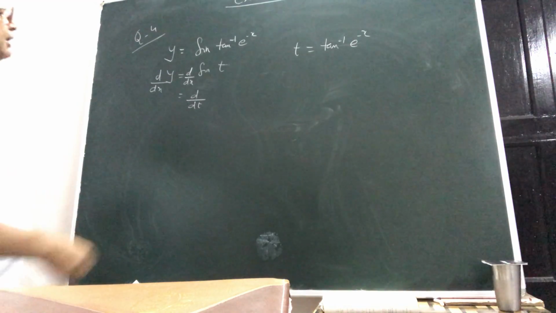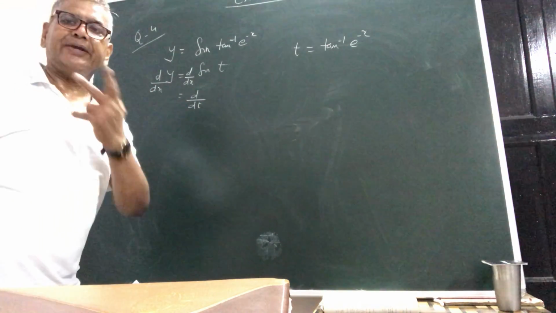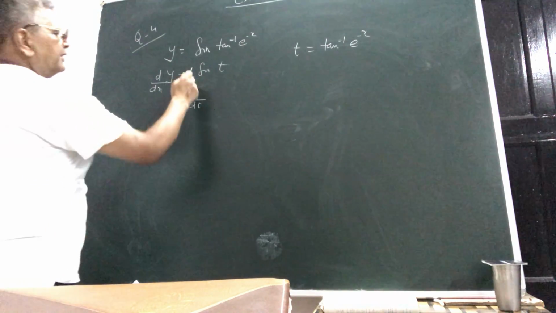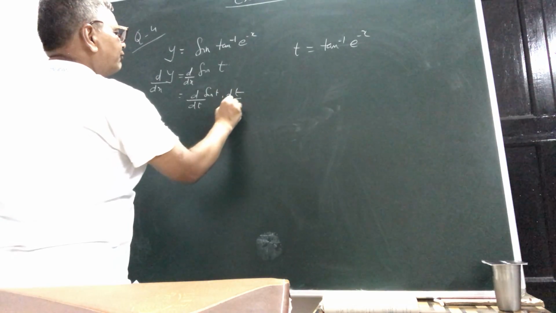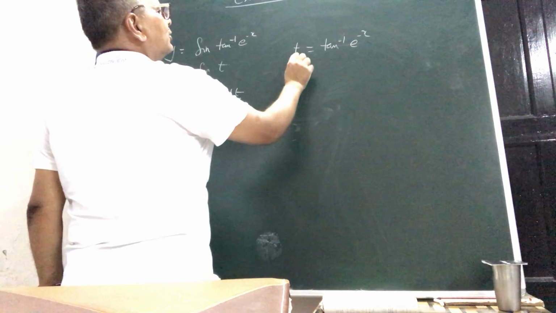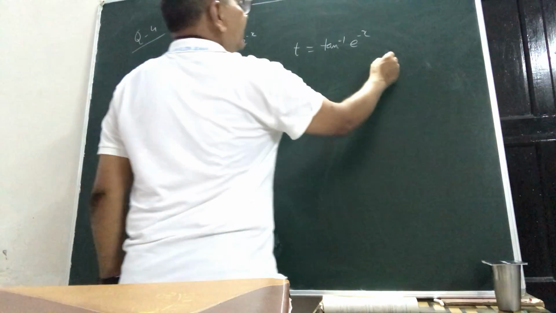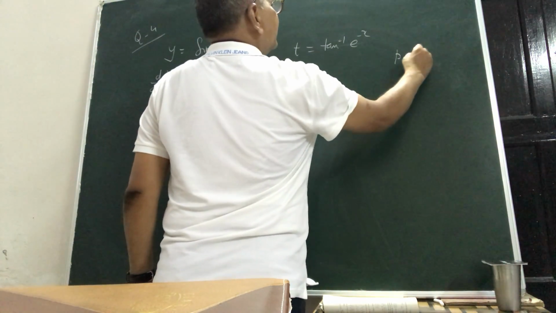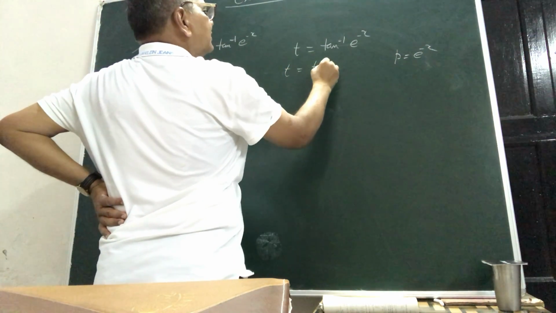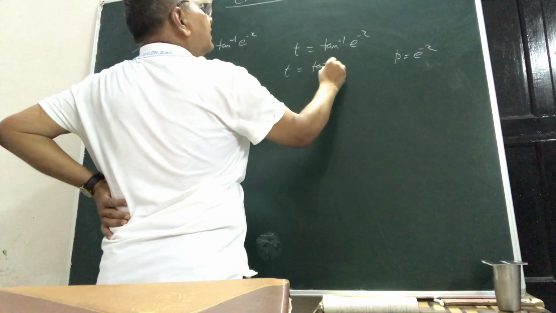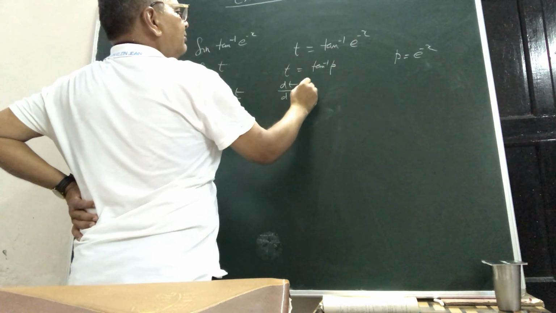So we will invoke this derivative of composition twice, because as you know it is d upon dt sine t and dt by dx. Okay, now for obtaining dt by dx, what we will do? It is again the composition of two functions. So what we will do? We will put e raised to power minus x equal to p, so it is t equal to tan inverse p, and then dt by dp will be equal to